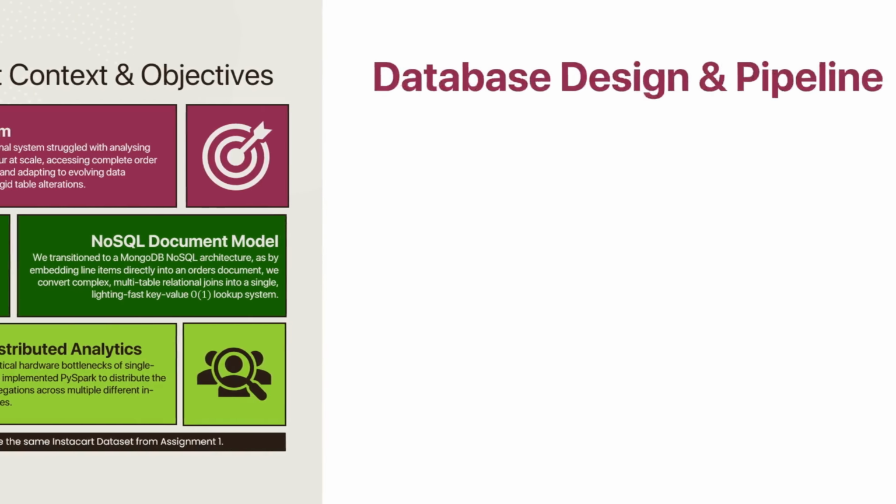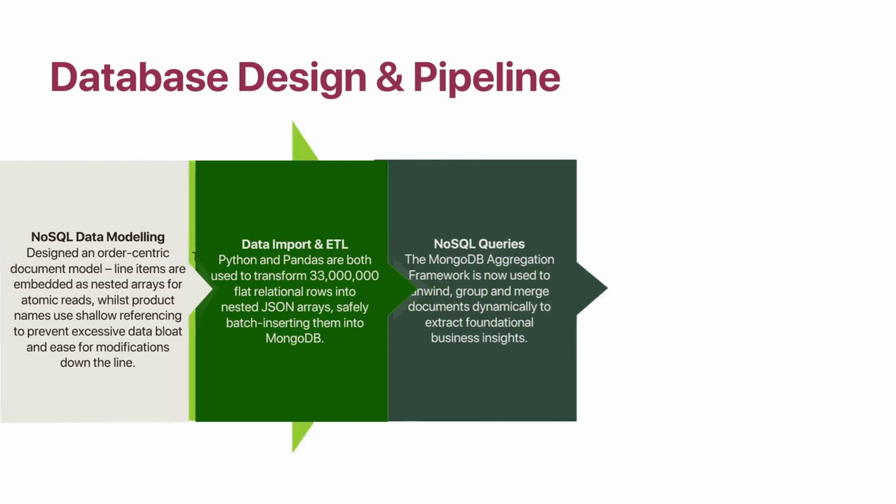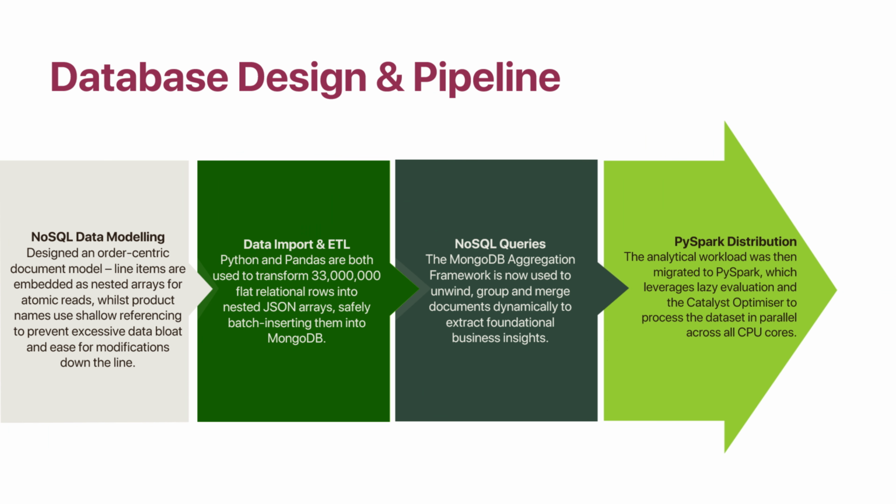To build this architecture, I developed an extract, transform, and load pipeline using Python and Pandas to reshape 33 million flight relational records into nested JSON arrays, which were then safely batch inserted into a local MongoDB instance in chunks of 50,000 documents. While transactional items were embedded for rapid retrieval, I deliberately utilized shallow referencing from the product collection,